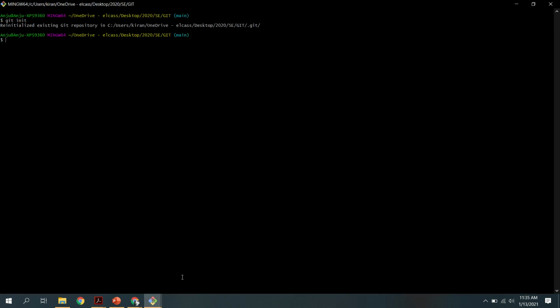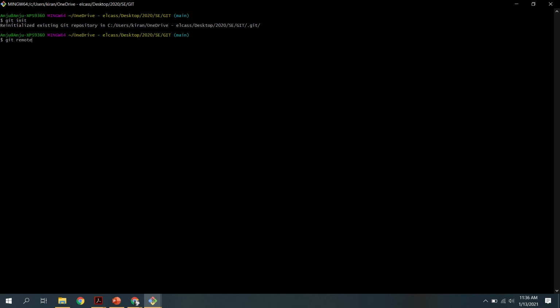If you have already opened this terminal, here we want to type the command which is used to connect or link two repositories, that is the local repository and the server repository or central repository. For that you use the command git remote.